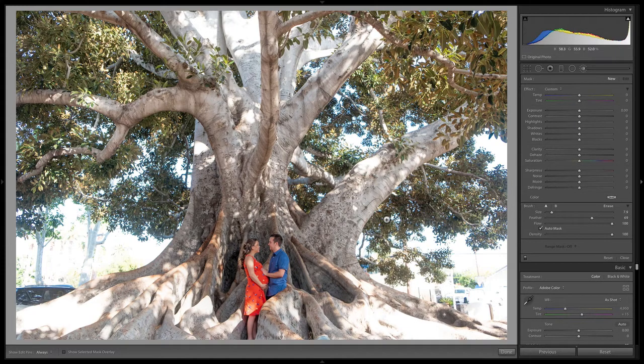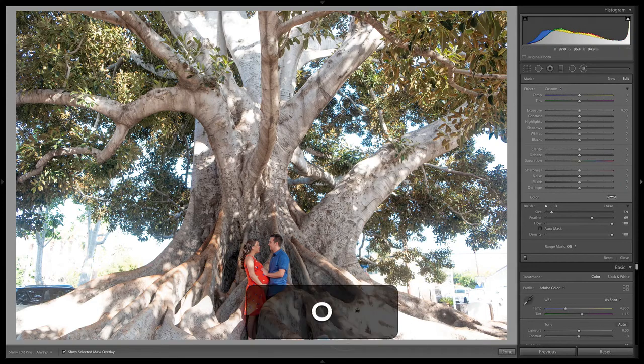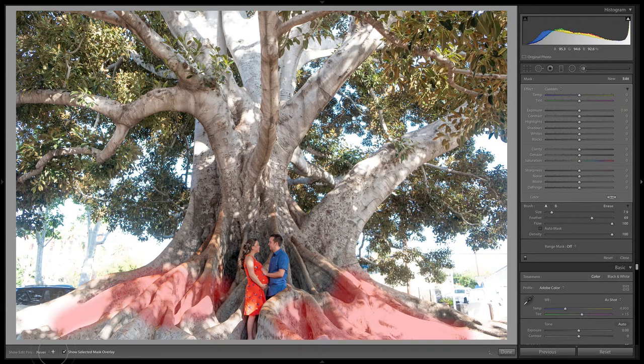I can go in here with the brush. I could paint over this area down here, maybe turn off auto mask and try to bring back some of those whites and highlights to see if there's any more detail. But this was a very contrasty situation. Now, I want to be careful when I get over here to the edge, because I definitely don't want to get this car right here, because what I'm actually going to do is completely blow out the background right here, which I find a little bit distracting.